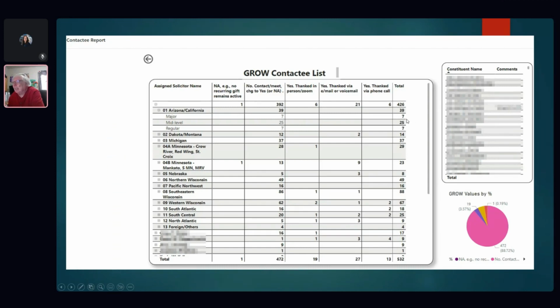And if I click these numbers, that's what this chart here is. It would open up, again, a list of those folks. So if I click the 7, it would show the 7 donors. Again, the hyperlink to each one, I could open up the donor record right from this report. It makes it very slick and very usable to do that.